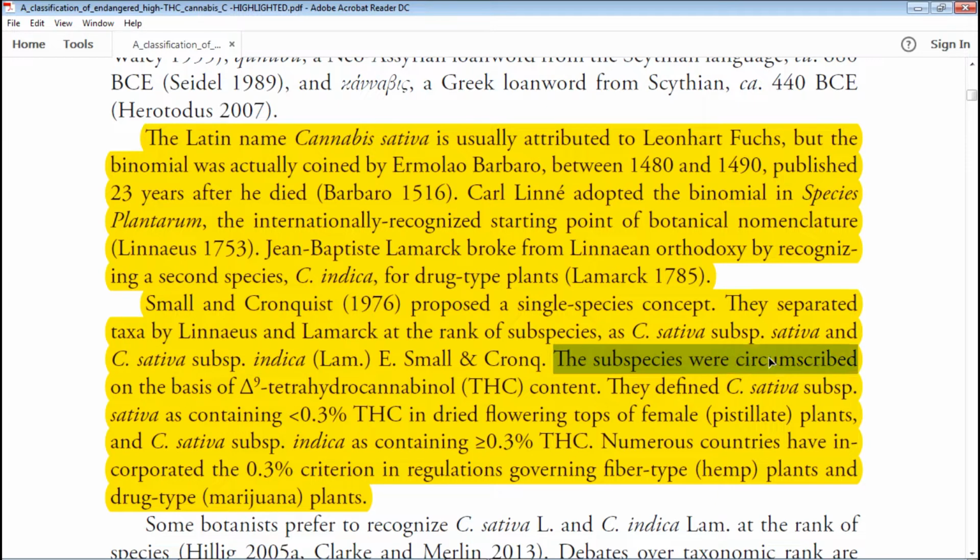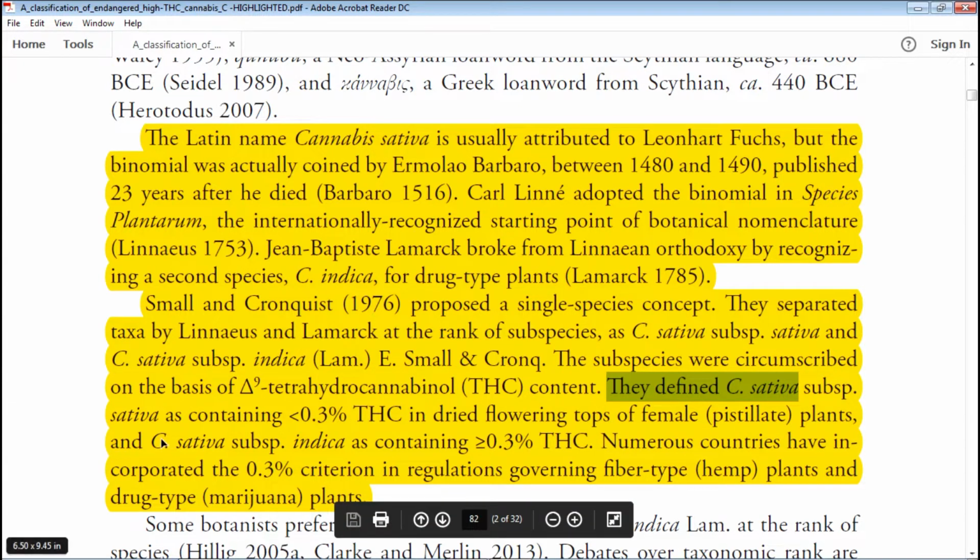The subspecies were circumscribed on the basis of delta-9 tetrahydrocannabinol (THC) content. They defined Cannabis sativa subspecies sativa as containing less than 3% THC in dried flowering tops of female pistillate plants, and Cannabis sativa subspecies indica containing